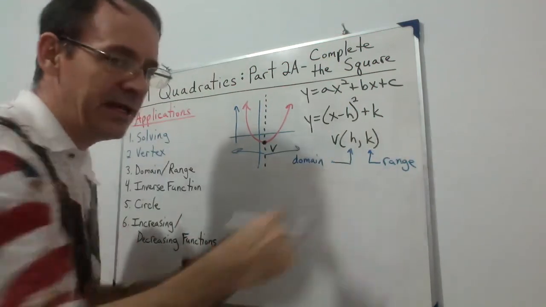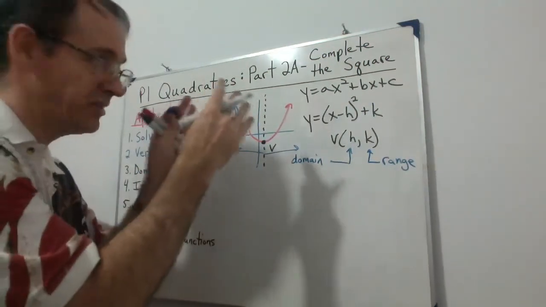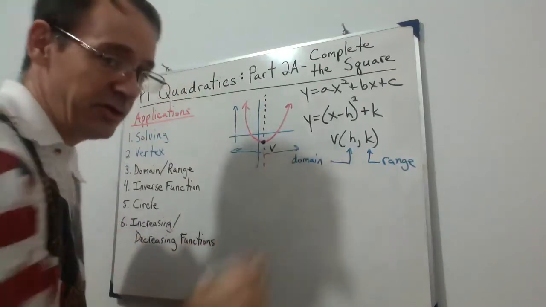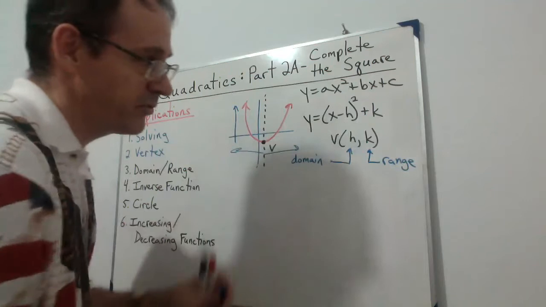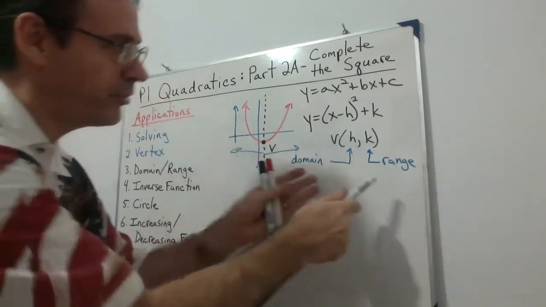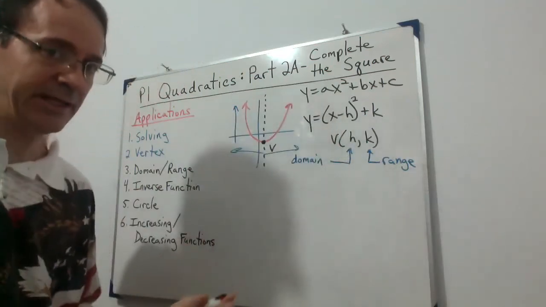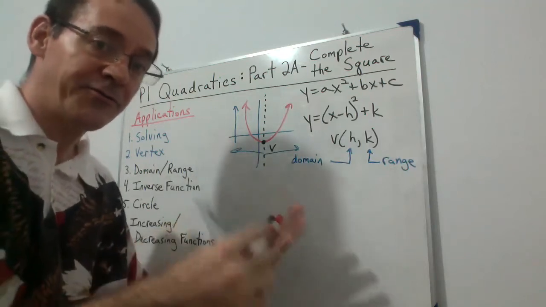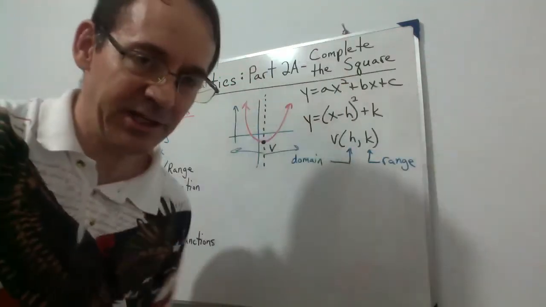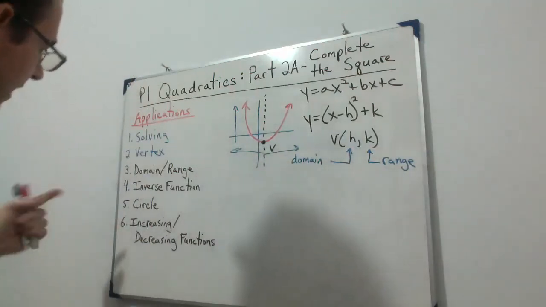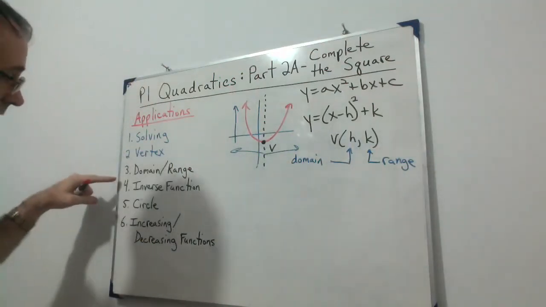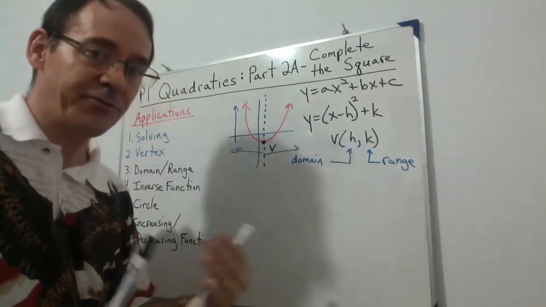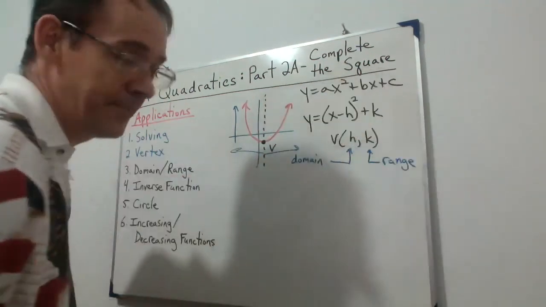The domain is more when you're going to take your original function and make an inverse function. You've got to limit the domain. That comes from the h value. Both of those, again, come from the completing the square. It helps you do some interpretation for functions, which will be the next unit in Pure Maths 1. The unit after that, also in the inverse function, you're going to get into finding the inverse of our